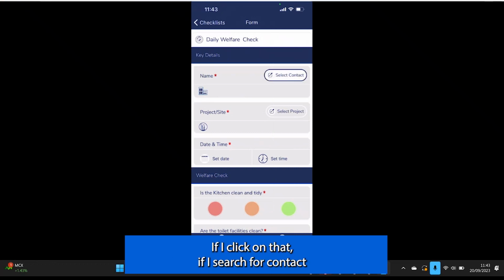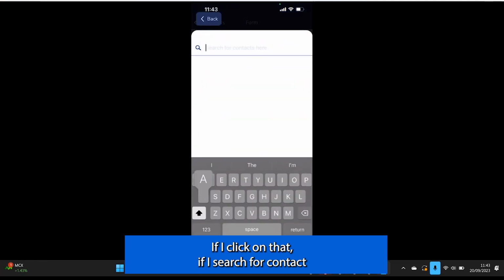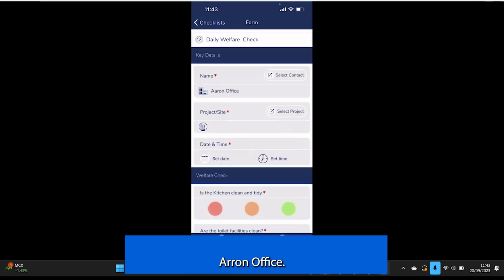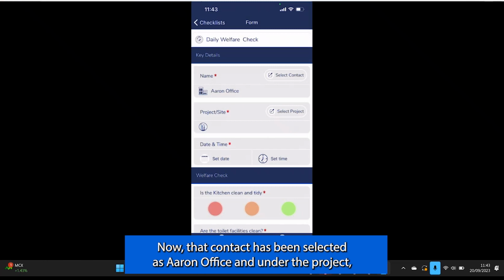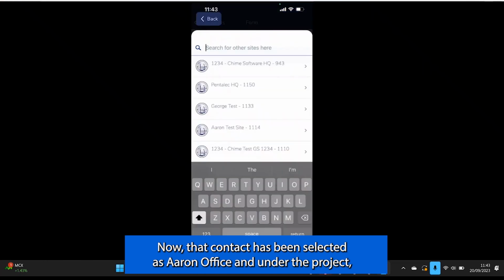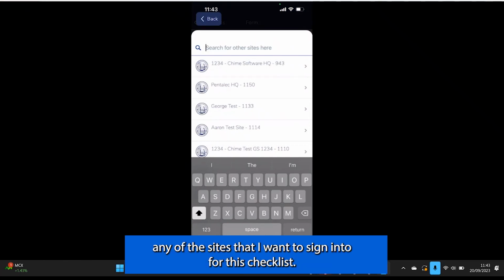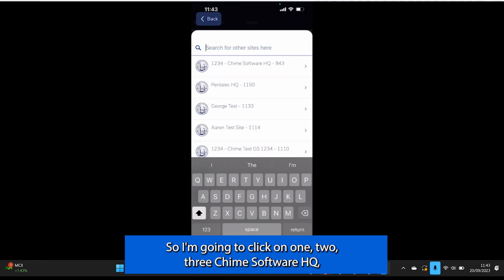If I click on there, if I search for contact and I search for Aaron Powell or Aaron Office, now that contact has been selected as Aaron Office, and under the project, I have an option of selecting any of the sites that I want to sign into for this checklist. So I'm going to click on 123 Chime Software HQ,